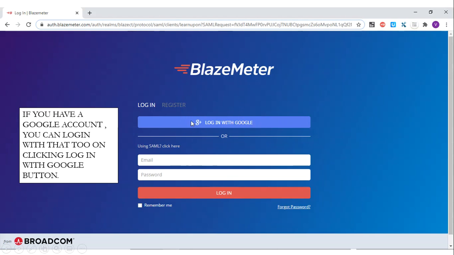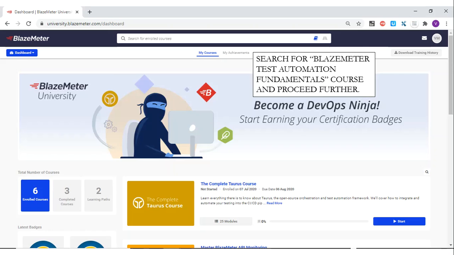You need to click on login with Google account, and it will authenticate your Google ID, right? So you need to enter your password, etc. Let's move forward. So this is the dashboard page once you are logged in to the BLAZEMETER